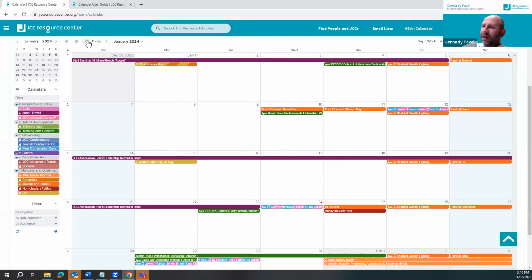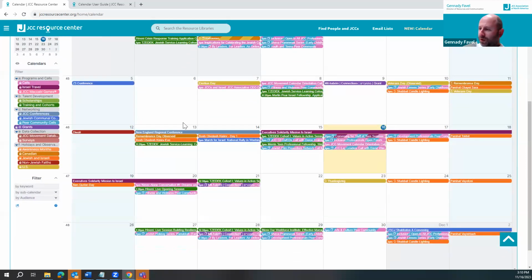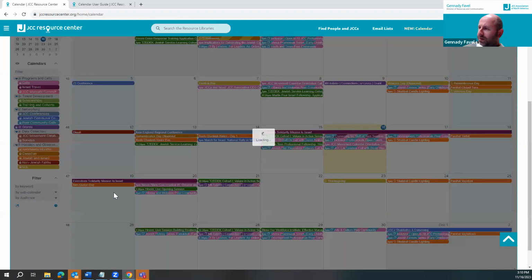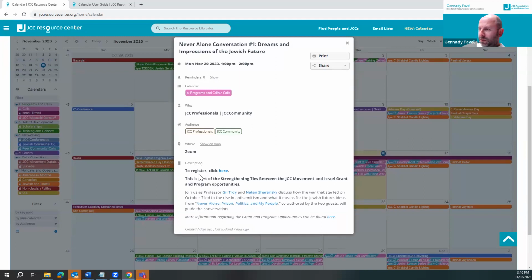Every item in the calendar has details about it. Different sub-calendars will have different details about them. Most items which are calls, for example, if we click on it, you will see details about it. There's the title, obviously. Now there's more information about what this call is about. And there is a link, so you can click here and you can register.